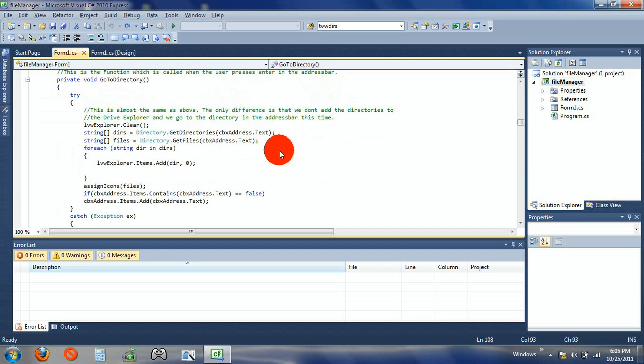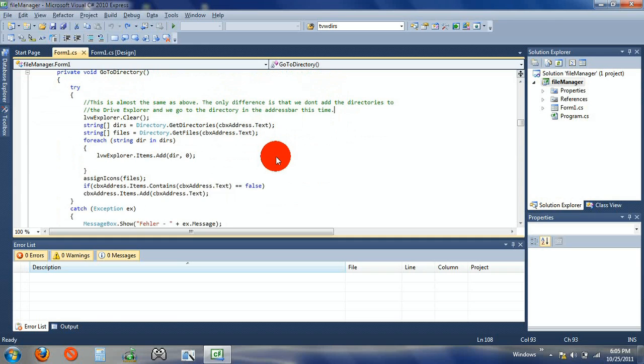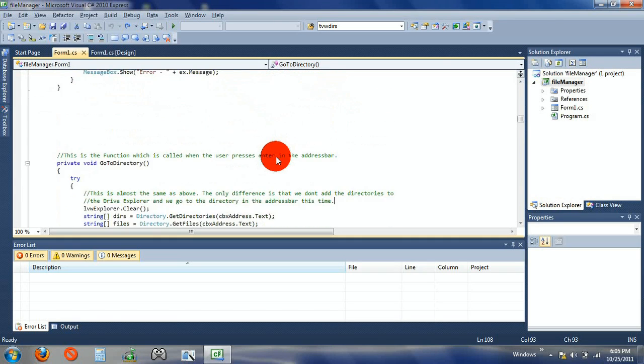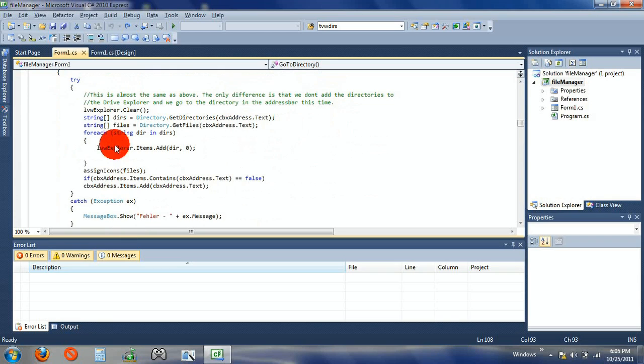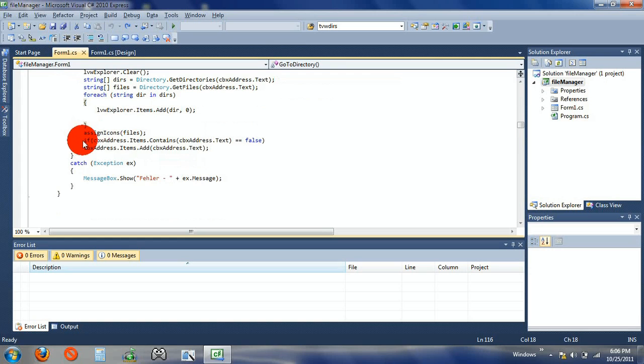The only difference is that we already know that, but this time we don't have to add it to the tree view and assign icons, and then we edit. This is actually for adding it to the history of the address bar. So if the item already exists in the address bar, so if the list of items contains the text of the address bar,